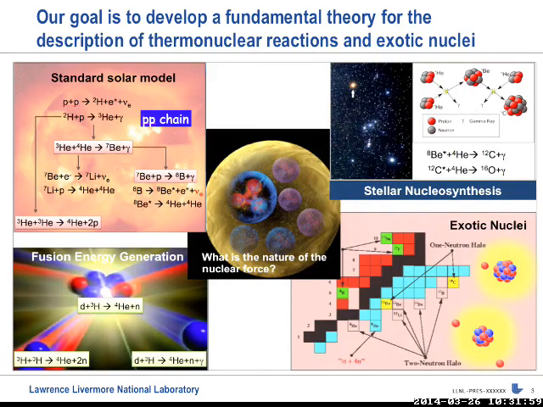Okay, so this is a very general introductory slide. Our goal is, at the end of the day, to develop hopefully a fundamental theory for the description of dynamic processes between nuclei, because we would like to tackle important milestones, such as being able to describe accurately landmark reactions for astrophysics, such as those, for example, in the PP chain that lead to the production of the high-energy neutrinos from the boron beta decay,